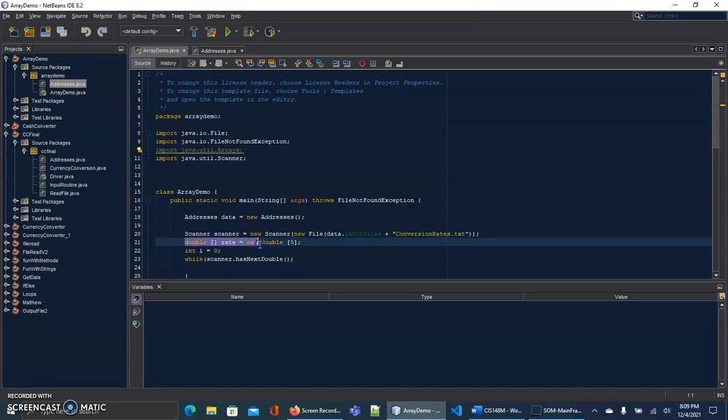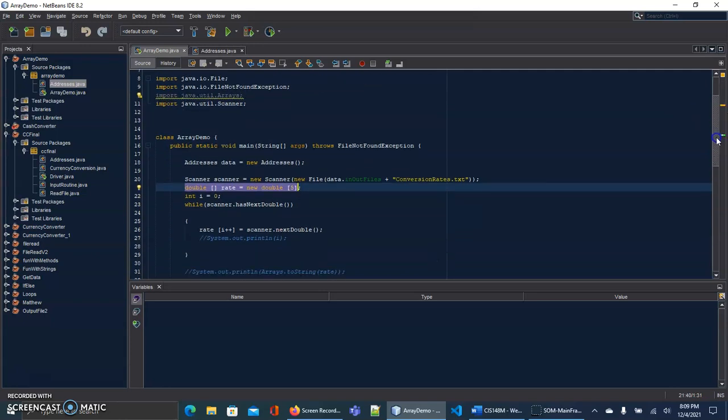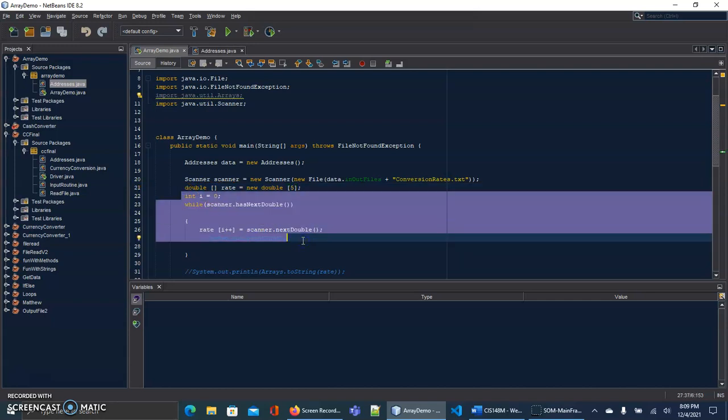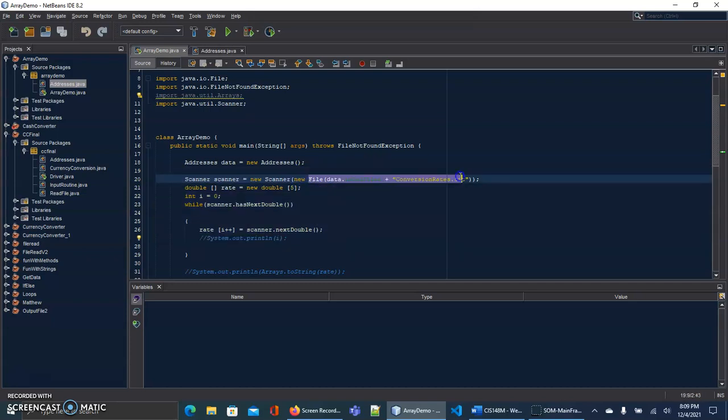I created a double array, initiated it, and instantiated it with a limit of 5 objects or elements that can be put in there. Probably could reduce it to 4, but 5 is what I'll keep it at for right now. I'm looping to fill this out by using files from my local system. It's going to call the array called rate, loop through the array and do the scanner.nextDouble. So it's going to come up to the scanner itself and then read the file that